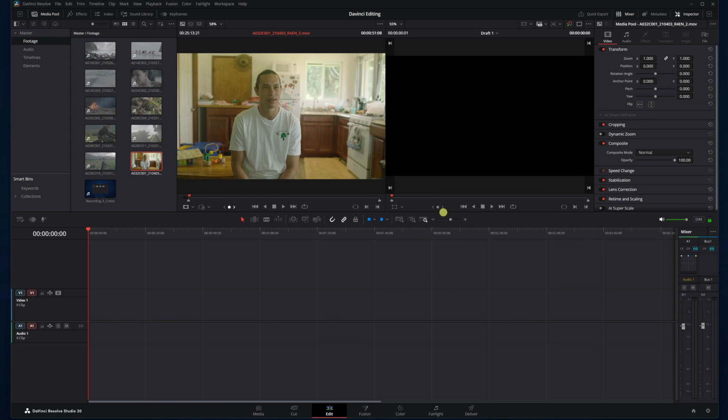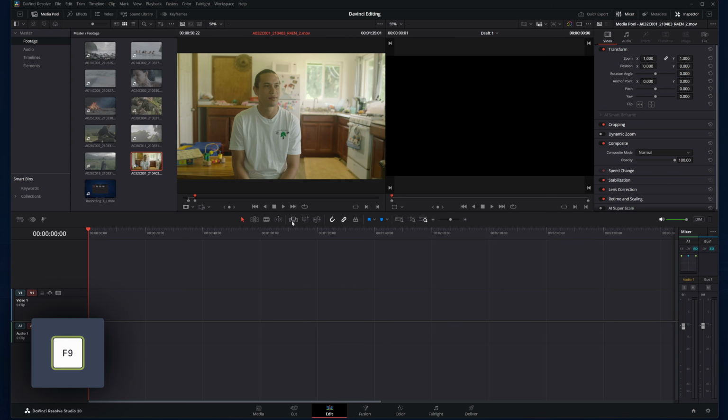Now I'm going to jog over some more, maybe here. We're not doing real edits here, I'm just showing you the mechanics. And we'll find an out point there. Our in and out points have just selected the portion of this file that we want to insert into our timeline. Now these 3 buttons will place that clip you selected with your in and out points into your timeline.